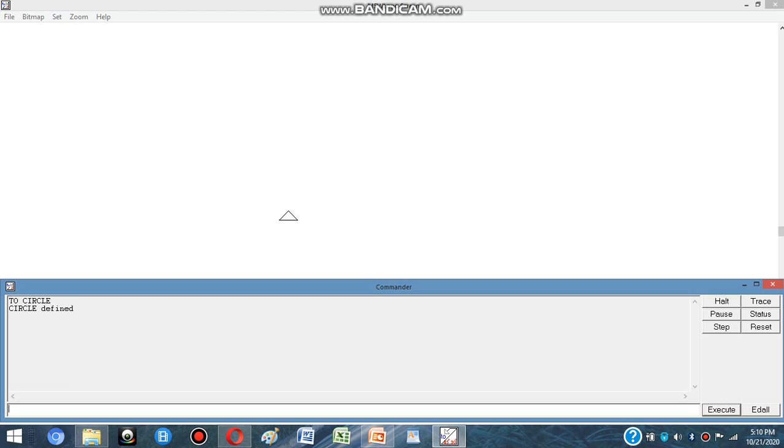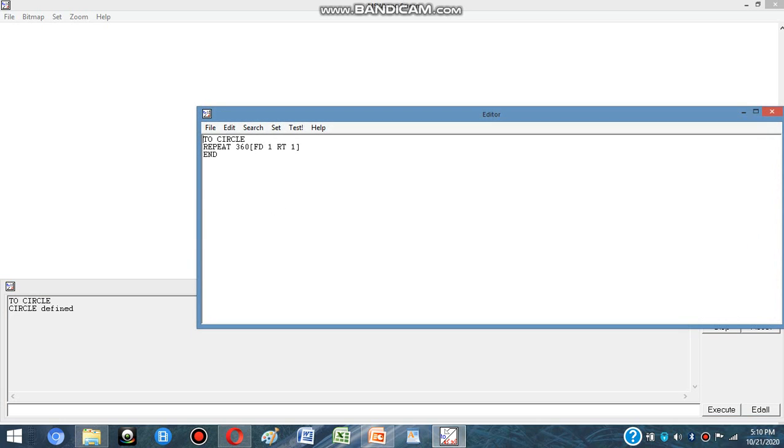So this is how we can write a procedure. Now, if I want to edit the procedure, then I use the EDIT button present near the execute button. So I will press on EDIT.